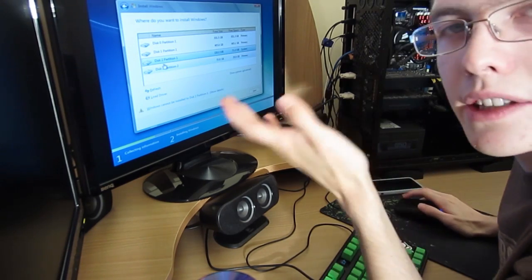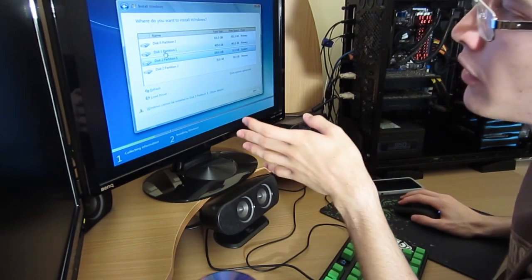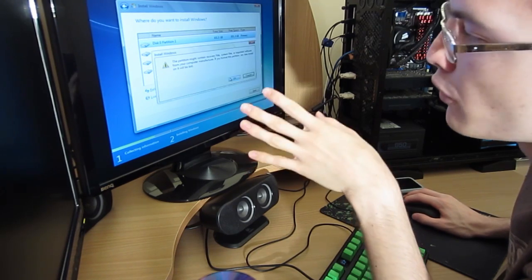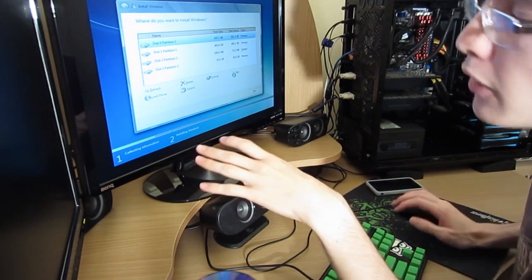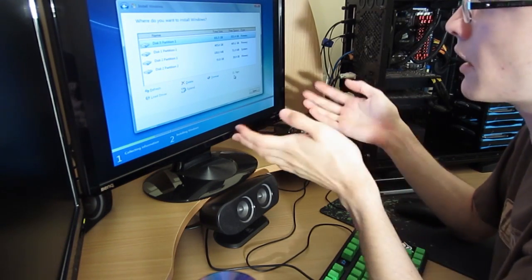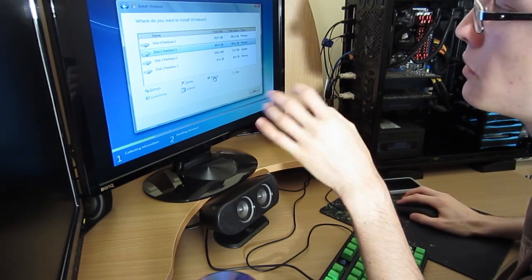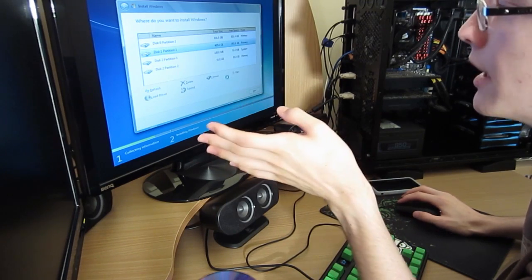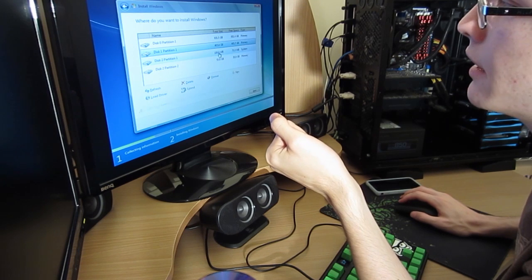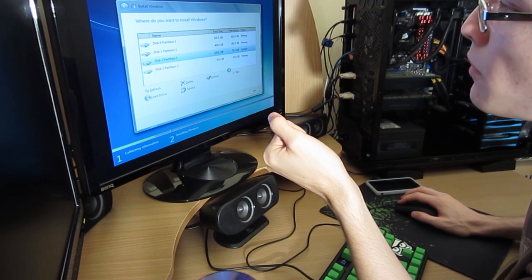What I'm going to do is, seeing as I had Windows installed on this computer already, I'm going to go through and click drive options and just format each one just to clean it off. Otherwise there'll be extra files from the previous installation still on there. So if you have new drives, you will not need to do this. You will need to create the partitions though, and just format each one,